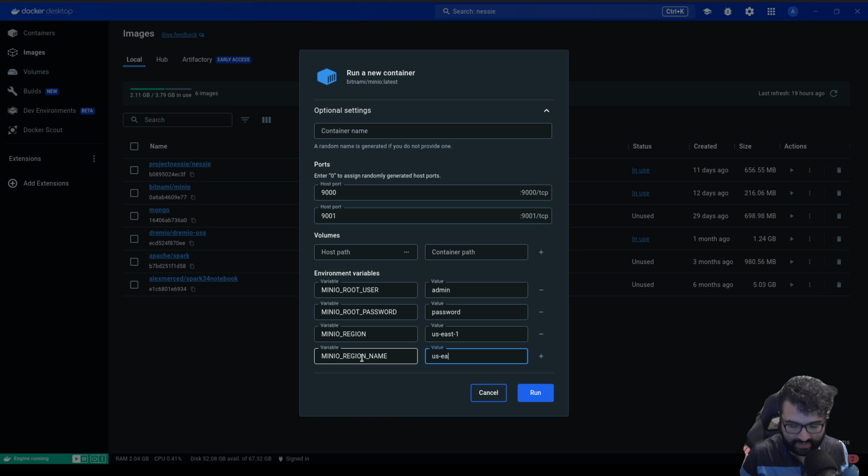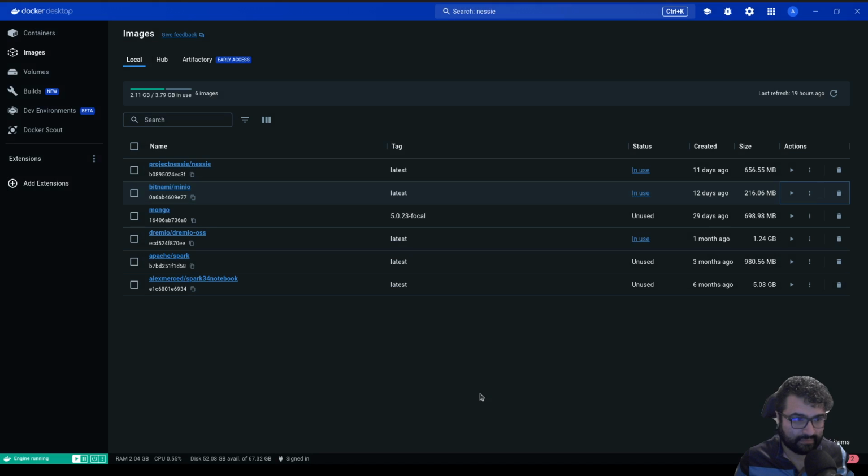And that would be US East 1. Okay, and then you'd be good to go. So that'd be for the Minio container. And then for the Nessie, we did the Nessie container, and then we would have to reopen the Spark container,